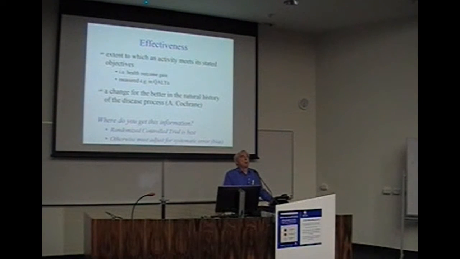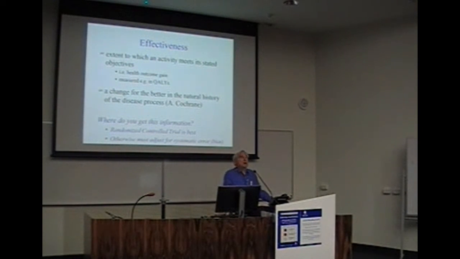Now, so what are we trying to measure? Well, we're measuring costs on the one hand, we're trying to measure effectiveness on the other hand, and effectiveness is the extent to which an activity meets its stated objectives. In other words, what health outcome gain has been achieved. And you've probably heard of the idea of the quality-adjusted life year, which I hope to describe in more detail in a while. This is just one particular measure of health outcome gain. It might be a gain in survival, it might be a gain in some measurement, say on an SF36 or something like this, of